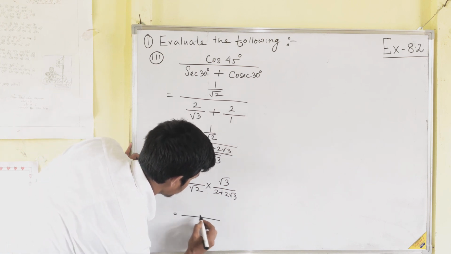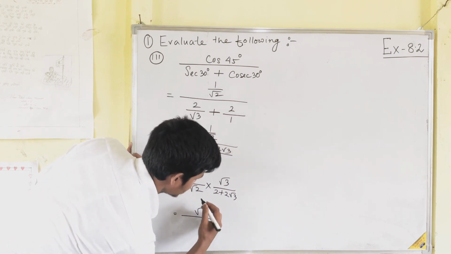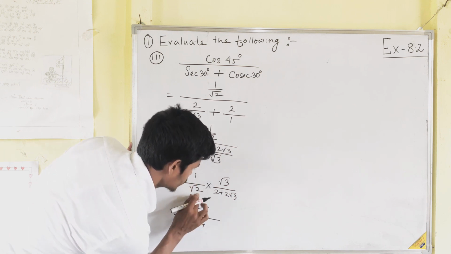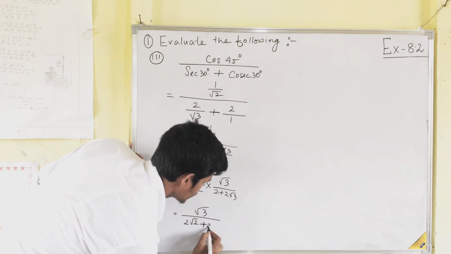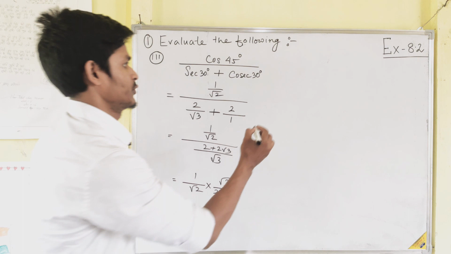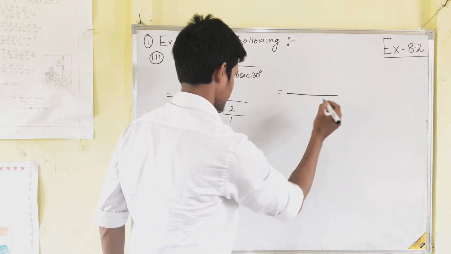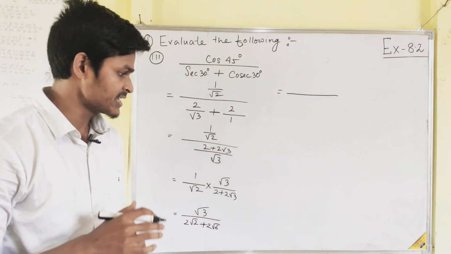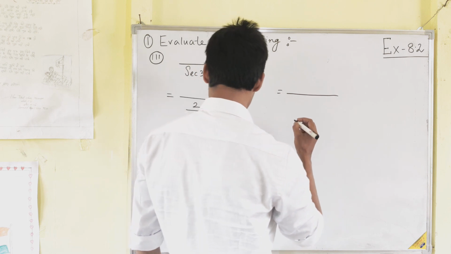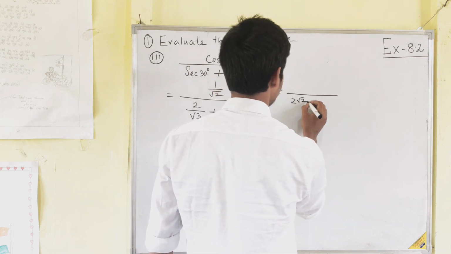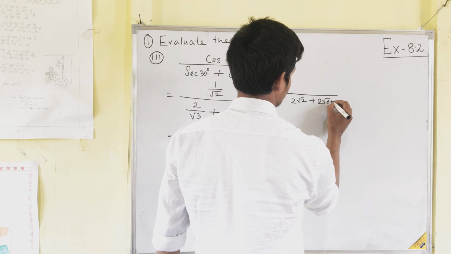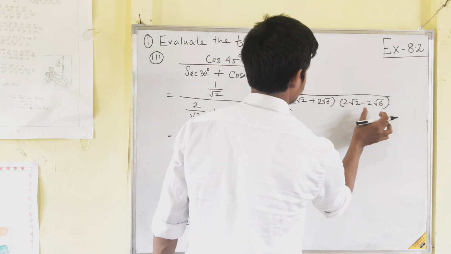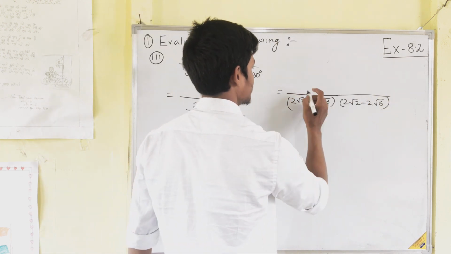So in the denominator you get root 3 root 3 in numerator, and in denominator you get 2 root 2 plus root 2 into root 3 is root 6. So you write here 2 root 6. Now in the denominator you get root 2 and root 6. So you rationalize the denominator. Okay. So remove the irrational term, that is 2 root 2. How will you rationalize? Root 2 root 6. 2 root 2 minus 2 root 6. So write it extra. So you need to write it in the numerator also.